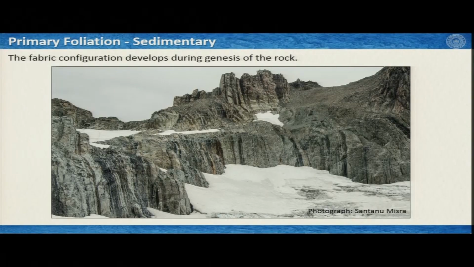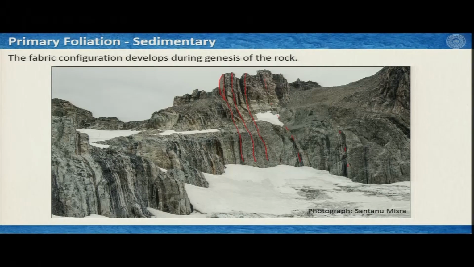Now, they do not necessarily have to be horizontal. They can be rotated due to some deformation, but their initial primary characteristics would certainly remain there. For example, what you see here, these sedimentary foliations are almost vertical. So, a plane is exposed here, and the traces of this bedding plane on this eroded surface go something like that. So, this is your